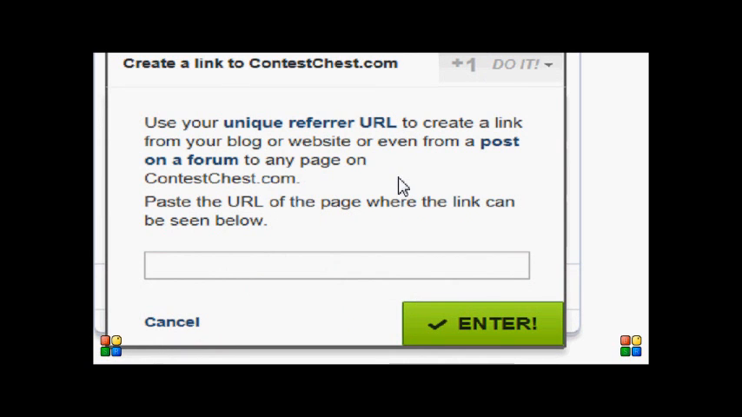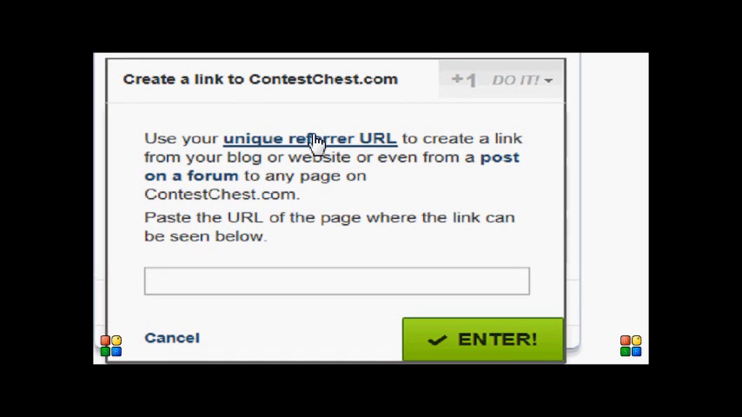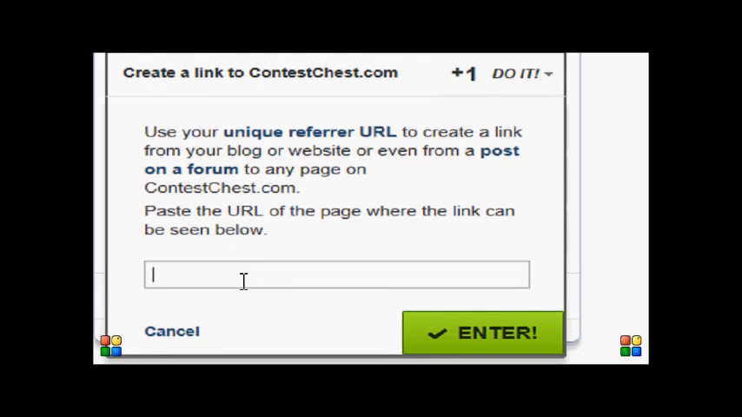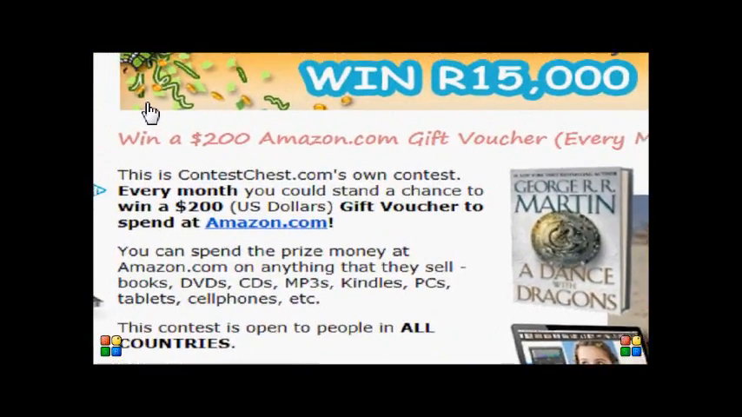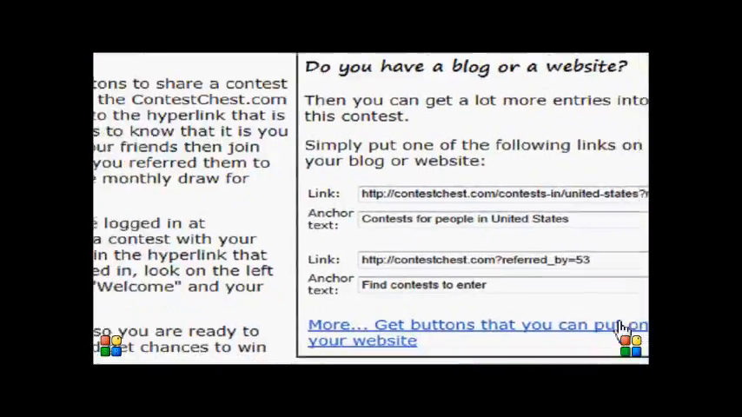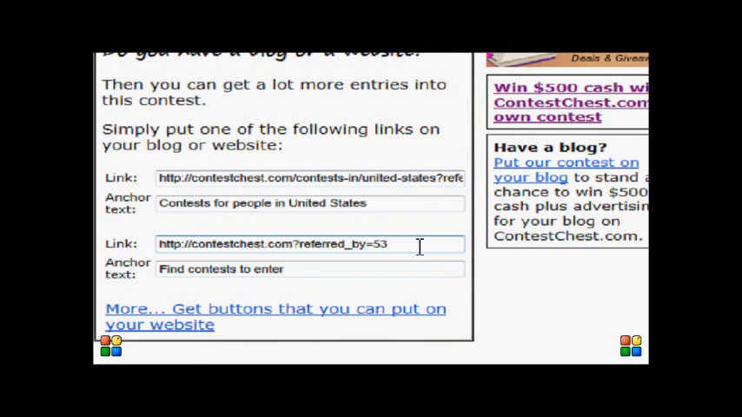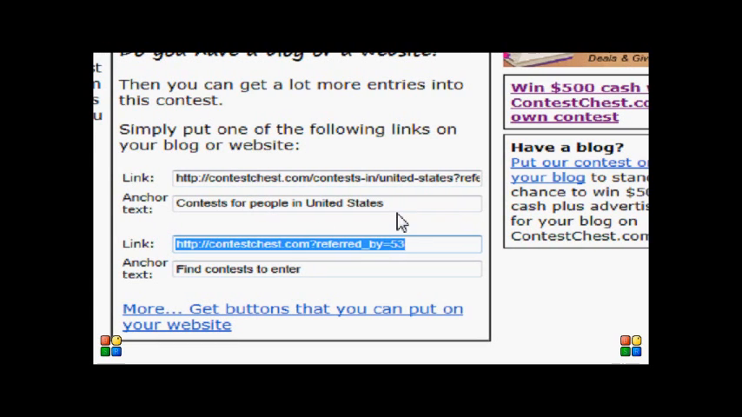It shows that we must get our unique referrer URL, which we got in the previous step. So you already know how to go and get that. Then go to your website or your blog, create a link, and then below here paste the page where the link can be seen. So the page on your website where the link can be seen. So let's quickly do that. So we click on here, and this takes us to this page on contestchest.com where you can win a $200 Amazon gift voucher once a month by creating this link. And you see your referral link down there, you copy it,